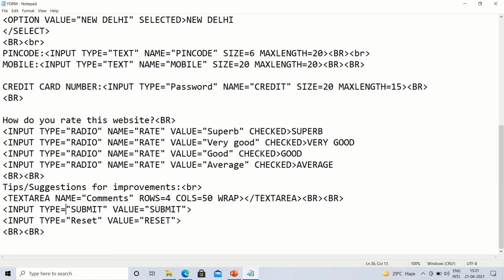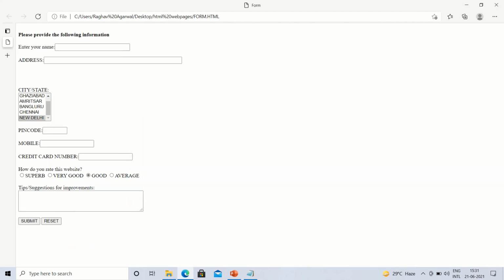So this way we can create a form in HTML, and in the output we will get this kind of web page where the user can enter all the values, such as the name or the address, or we can select the particular city this way, and we can type the pin code.